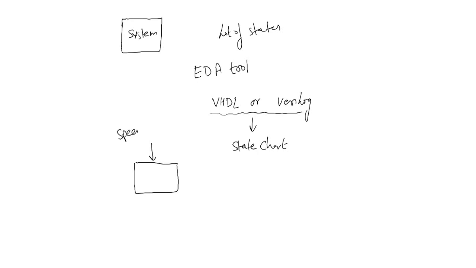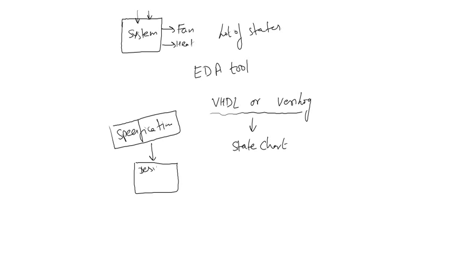So what do these EDA tools do? You are giving some specification of the system. So let's say you want to design a system, the same system, which will start the fan or start the heat based on some threshold. So how is the system going to behave? This is the specification you have given: I want to design a system which should start fan or heat based on some thresholds, and every 10 millisecond it has to check the temperature.